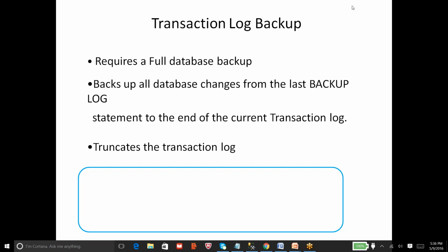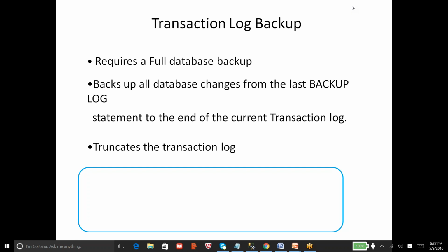And then from 10 to 11, what are the changes that will happen? Maybe a few users might have run certain commands to update the data, maybe at 10:15. We know that information will be initially stored in your LDF file, the log file, right? So at 11 o'clock, when you take a log backup, it reads all the data from your LDF file, and once the log backup completed successfully, SQL will clear all those committed data from the log file, and it makes some room for the next coming transactions.